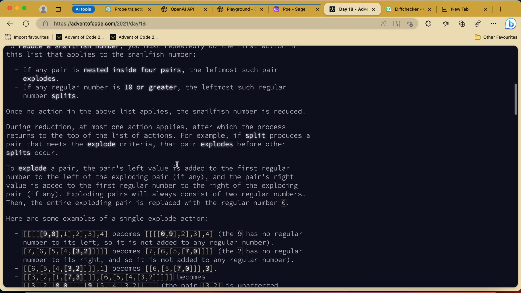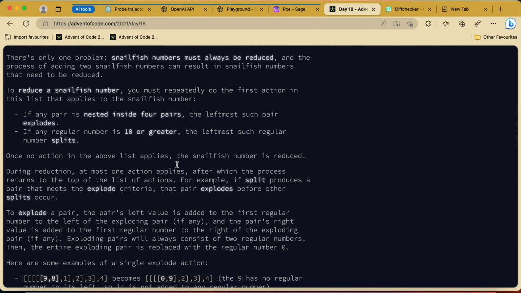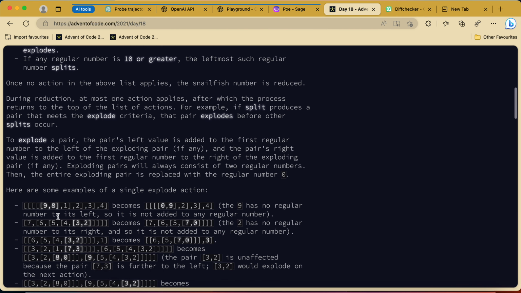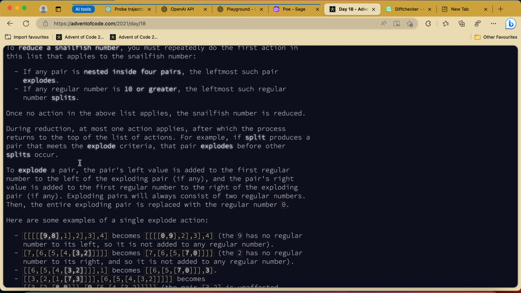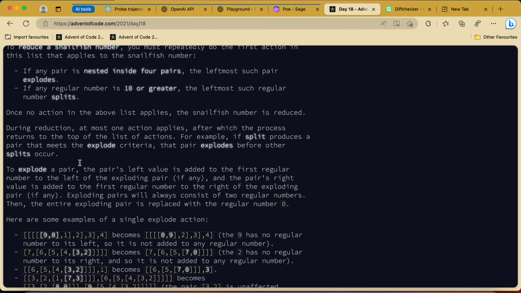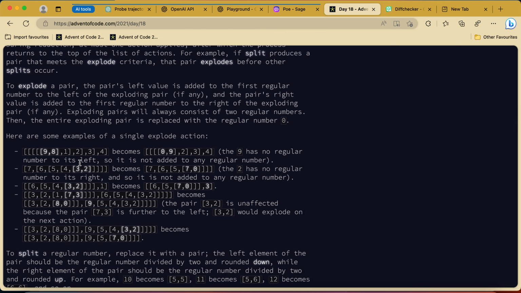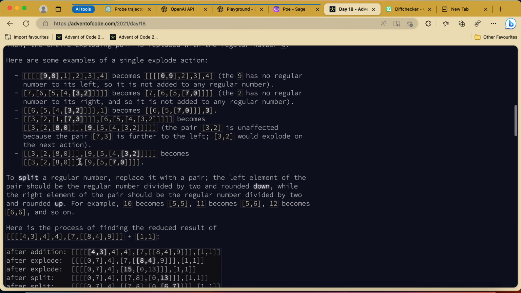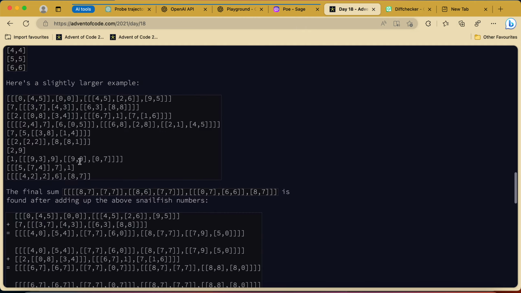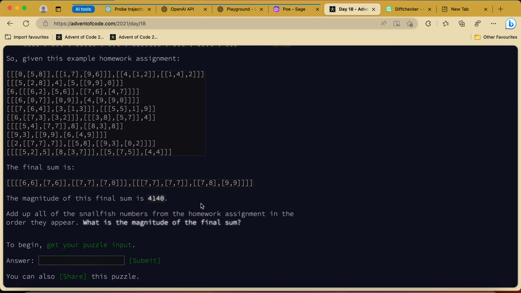But one second, when the leftmost such a pair explodes, this pair should explode, but what's the explosion all about? If any regular number is 10 or greater, then the leftmost such regular number splits. I can actually get absolutely lost in this. Let me see. Okay, I'll give that to